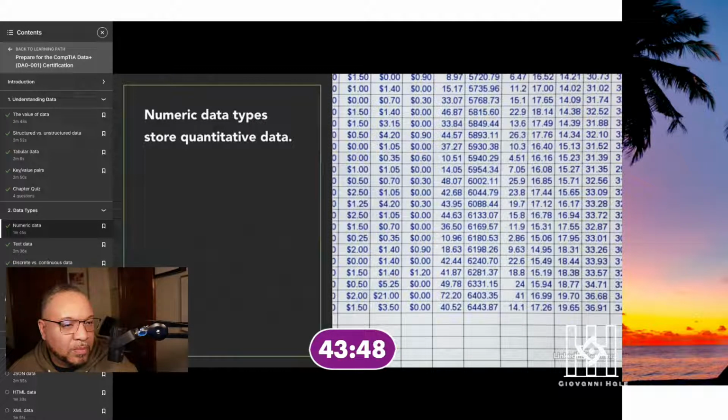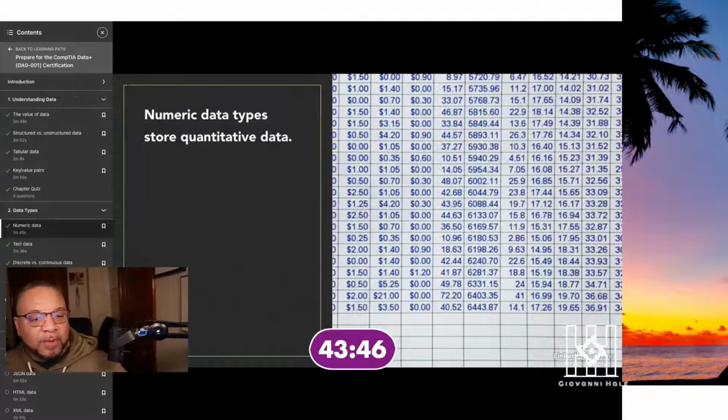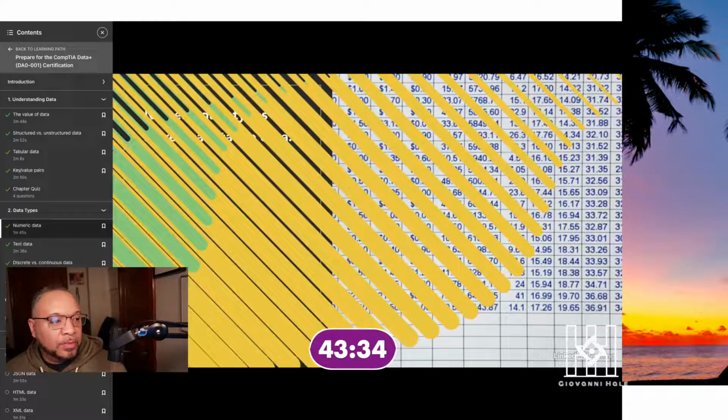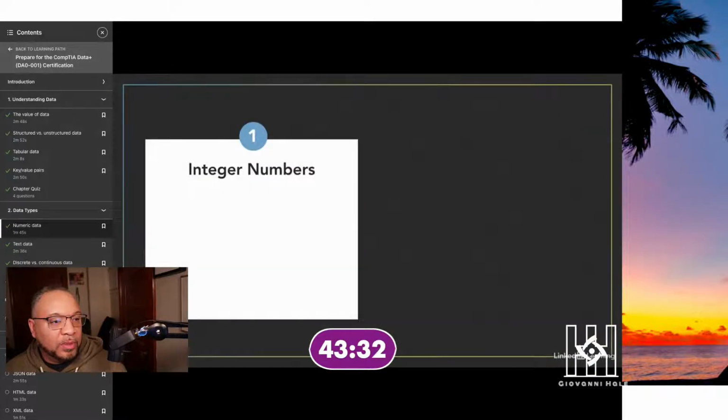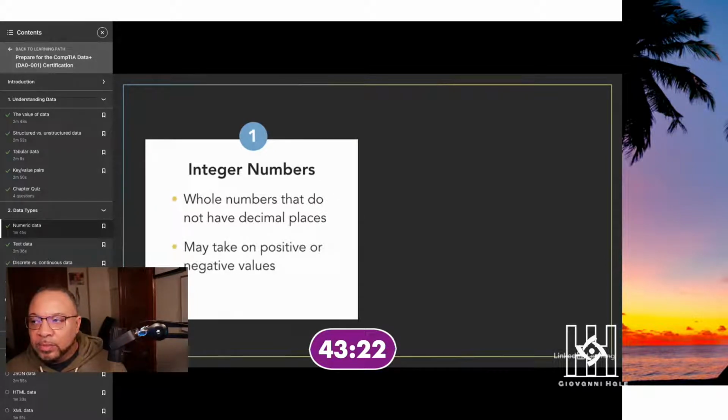Numeric data is, as the name implies, data that uses numbers. You might use a numeric data type to store the number of products that you have remaining in inventory, the weight of a person in pounds or kilograms, the length of a boat, or any other value that we can measure quantitatively. Now, there are two major subtypes of numeric data. Integers are values that do not have decimals or fractional values. They're whole numbers such as 1, 2, and 3. And they can also take on negative values such as negative 123.